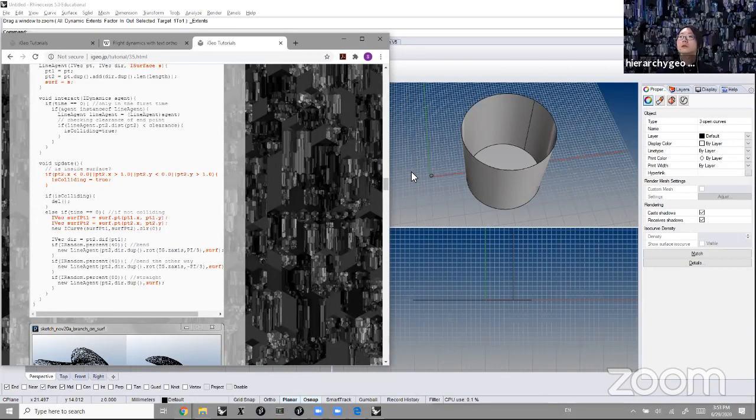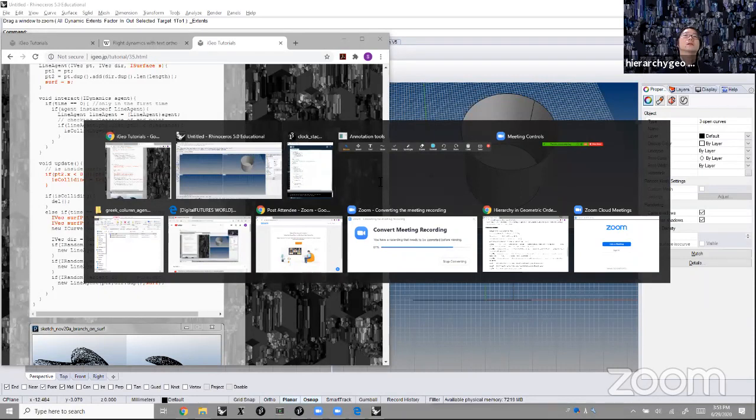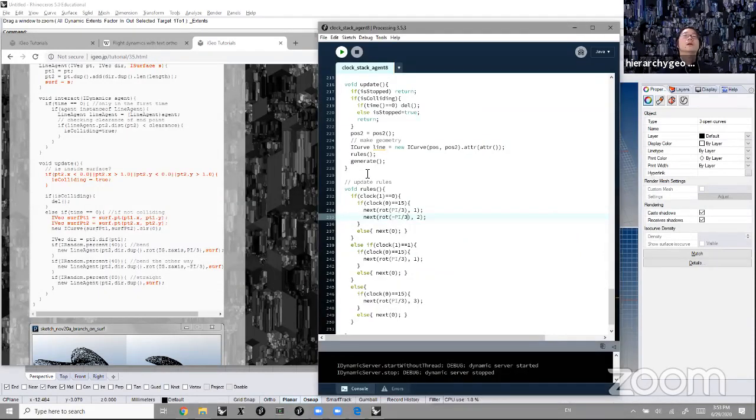Another thing, a question or more like a comment about the memory usage of Processing. Processing is not that light, but Grasshopper is not that light either. Actually, first of all, Processing is one thing, and the IO library is another thing, and the agent is another thing. Agent level is not that heavy, but geometry level is kind of heavy. But most important, let me show you the most important thing about memory management in Processing, which is